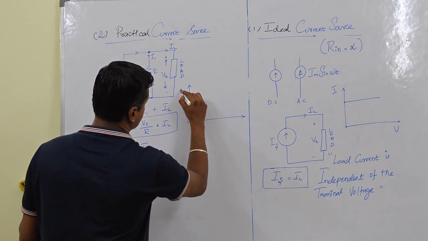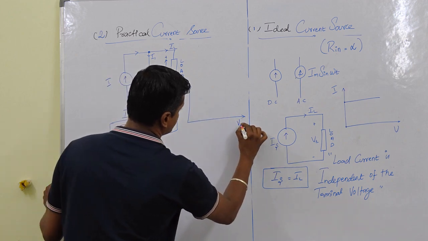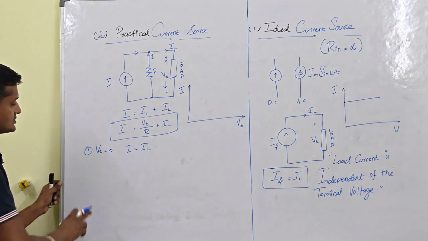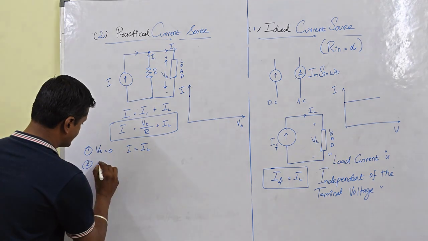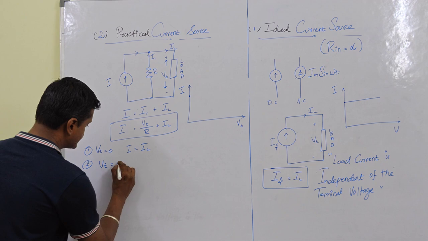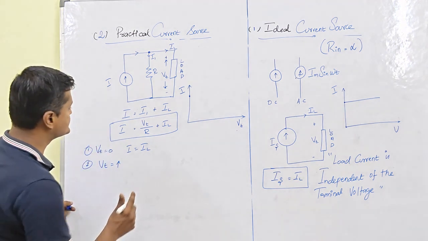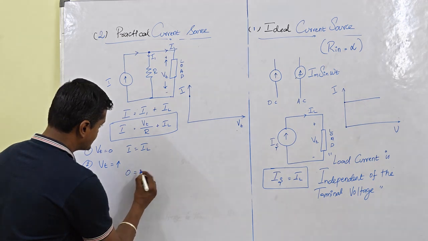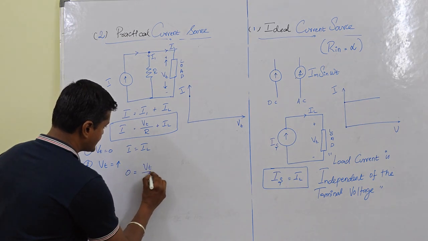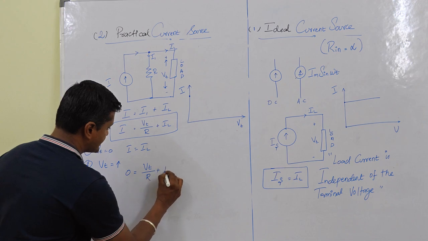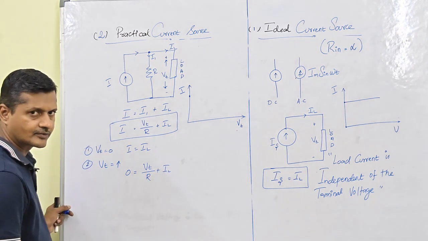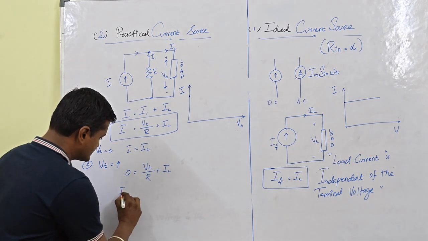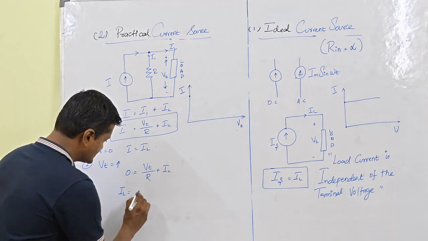If we represent this in a graph, the V, or terminal voltage, or voltage across the load. So the terminal voltage VT is increasing. As terminal voltage keeps increasing, the current will be 0. I equal to 0, so VT maximum divided by R plus IL. Another condition. So now you can write, rearranging,